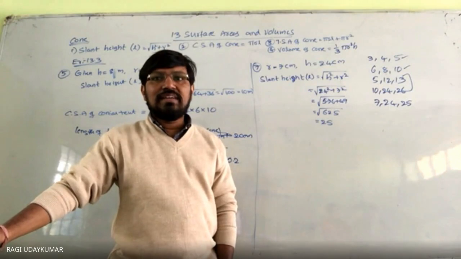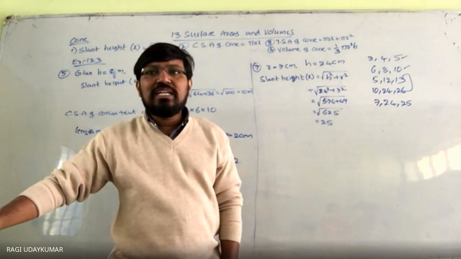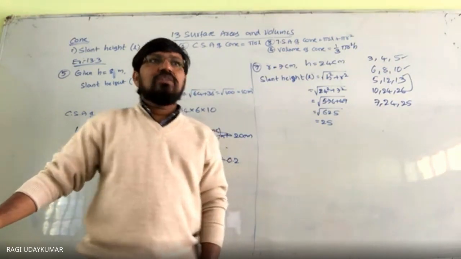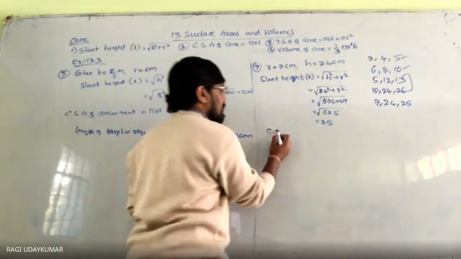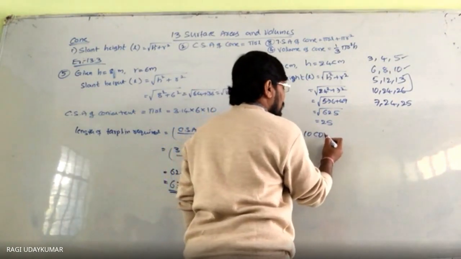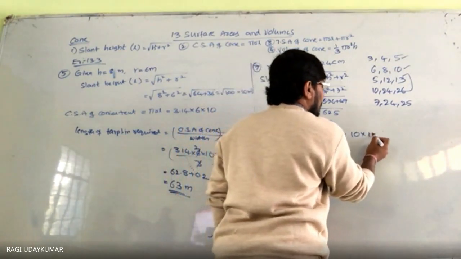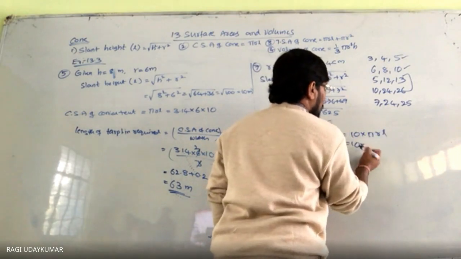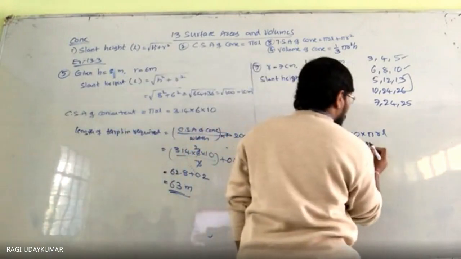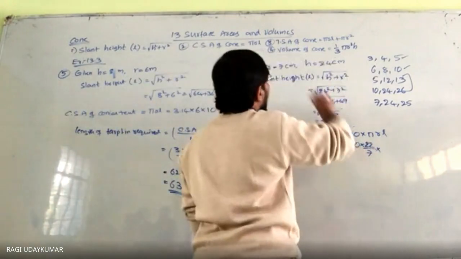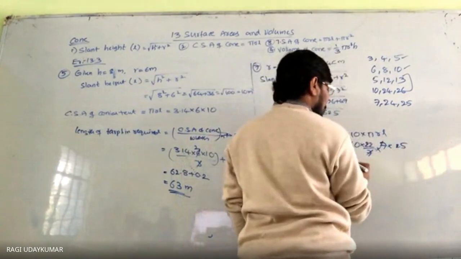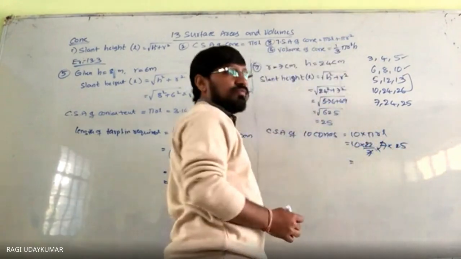And here it is given that find the area of the sheet required to make 10 such caps. ऐसा वाला 10 चाहिए. So into 10 करना है. First curved surface area of 10 cones directly लिखो, कोई problem नहीं. Curved surface area of 10 cones is equal to 10 into πrl. So 10 into, here pi value is given to you to take, 22 by 7. And the radius is 7 and the slant height is 25.